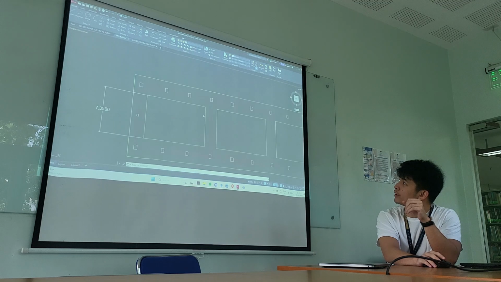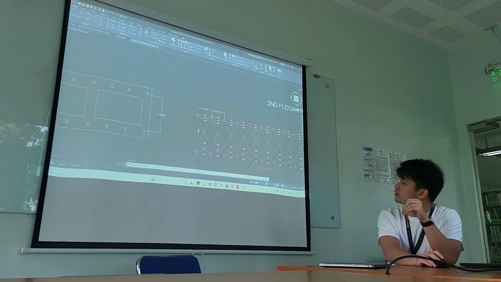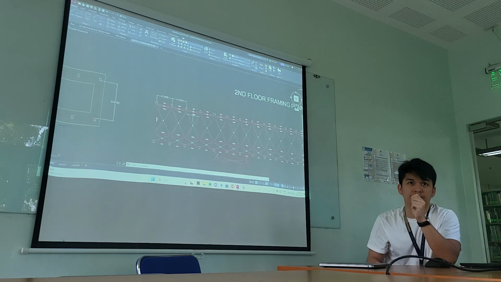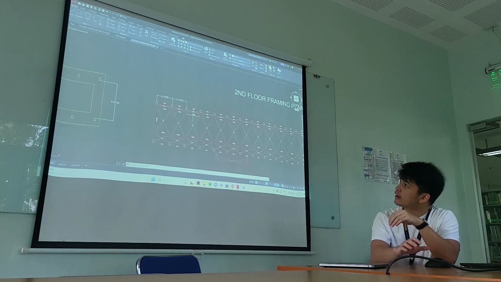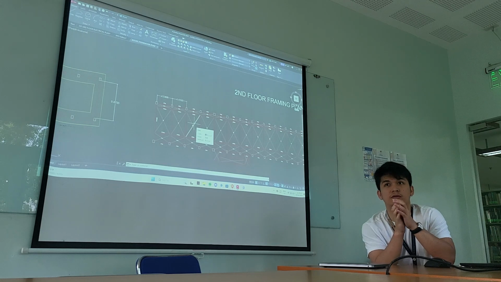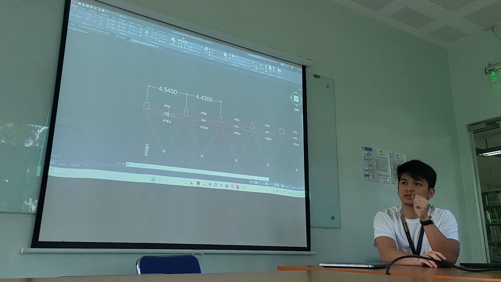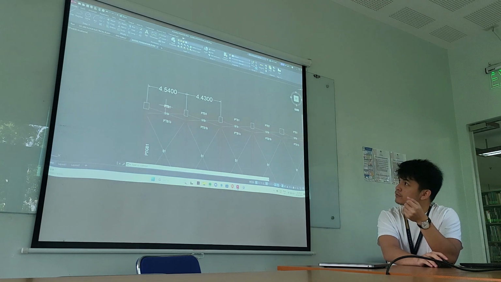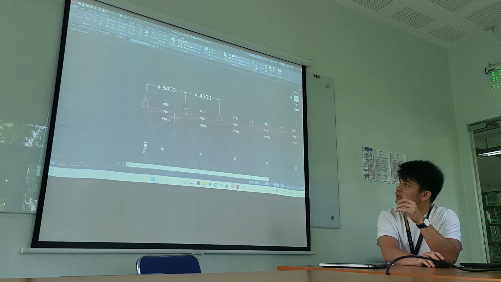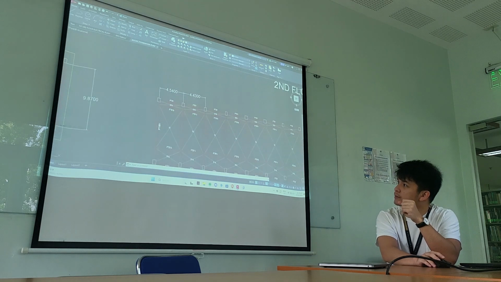Moving forward, I will proceed to the framing plan for the second floor. The center-to-center dimensions from column to column vary, but differ by a maximum of 0.5 meters, so half a meter. That is not significant, considering that the size has been considered to be the maximum load bearing for this case. In the second floor framing plan, there are three types of beam: